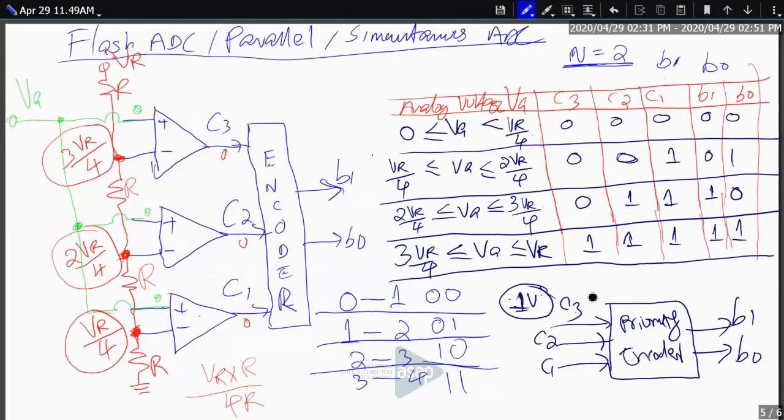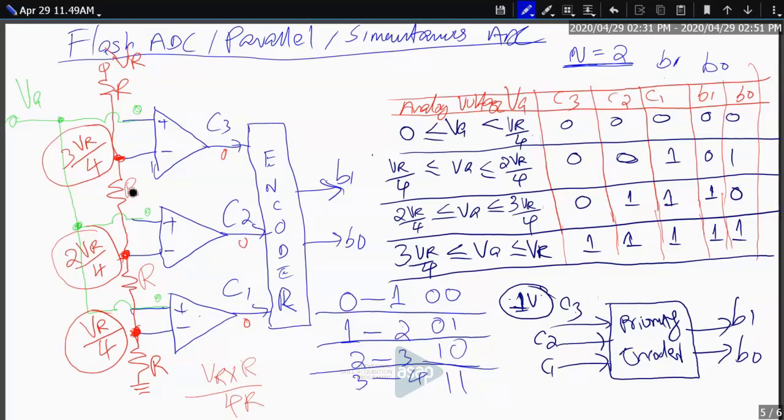Because basically, if you're thinking about an 8-bit analog to digital converter, the direct output of the comparator is not the binary equivalent, because 256 lines are there. So from those 256 lines, using the priority encoder, we have to map it to an 8-bit output. So we cannot do without the encoder. Please understand that. Of course, the introduction of this encoder can naturally disturb the speed of operation. The overall speed of operation will be affected, but we may not be able to do the business without that. So that is all about the requirement of that encoder circuit in a flash ADC.